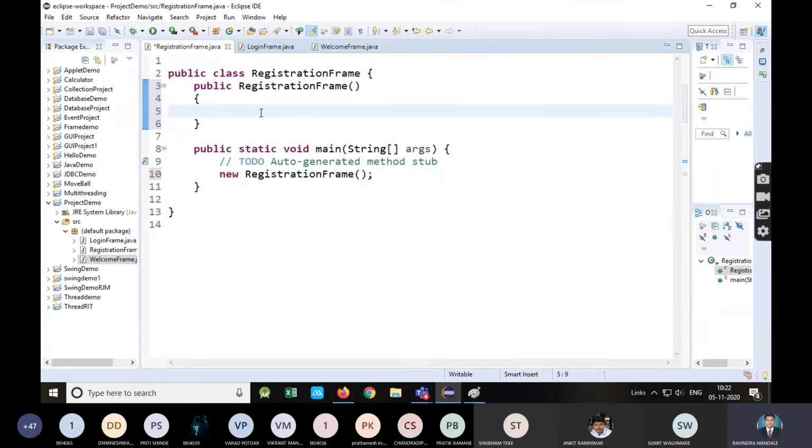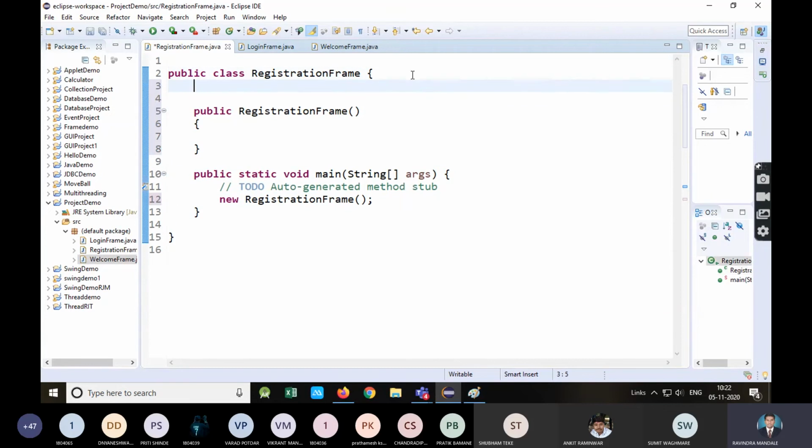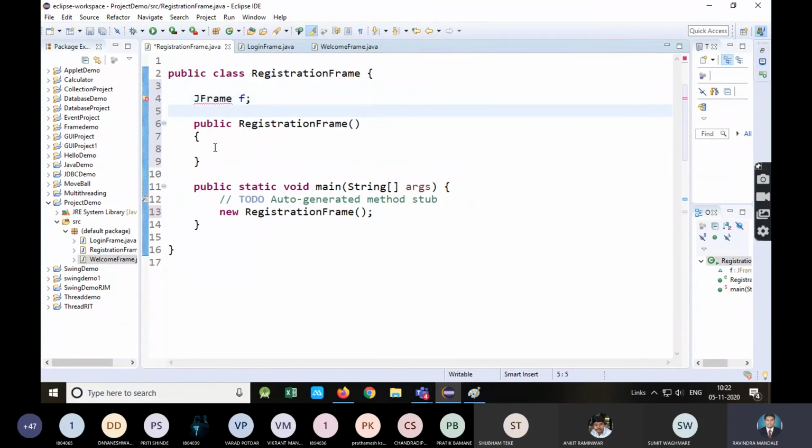Okay. So now I will create the components. First I will create the frame. I'm going to do copy paste. All should pay attention. Same code I will just copy paste in another frame.